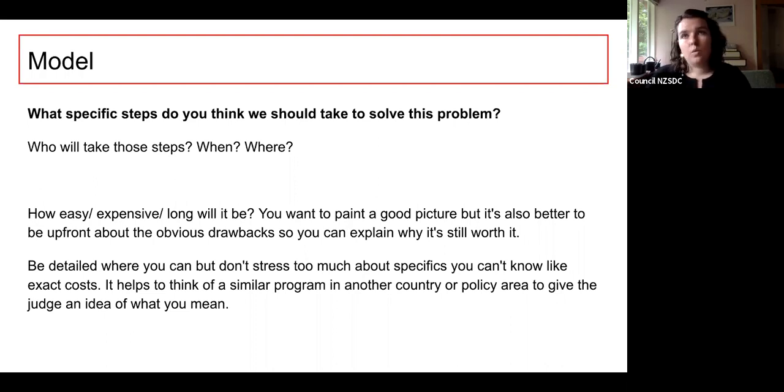So maybe if you were doing a debate about whether school in New Zealand should be bilingual in English and in Te Reo Māori, maybe you might think, well, I know that in Wales they have some bilingual schools and that was really difficult, but it's been pretty successful. Or you might think about, well, it's already been pretty difficult to get even some level of Te Reo Māori in some schools because there's a shortage of teachers. So think about what are other comparable policies or similar things. It doesn't even have to really be that similar. Those can just be ways to point yourself in the right direction about your model.